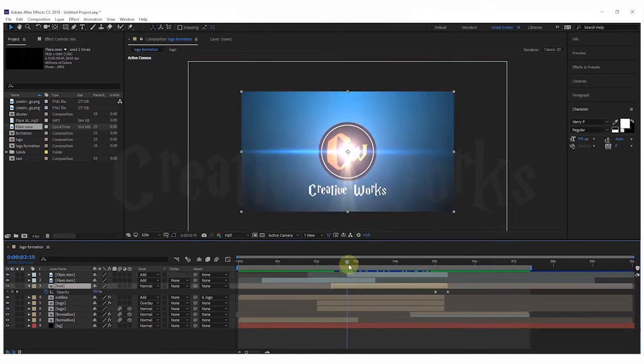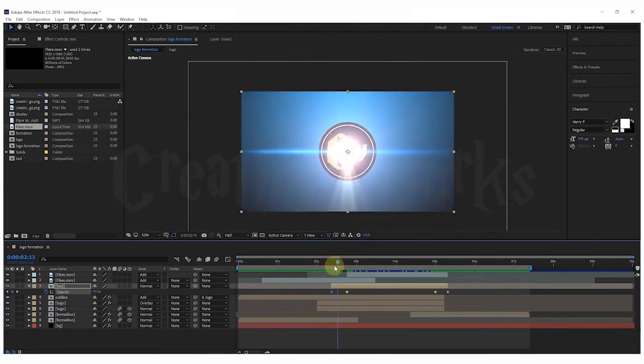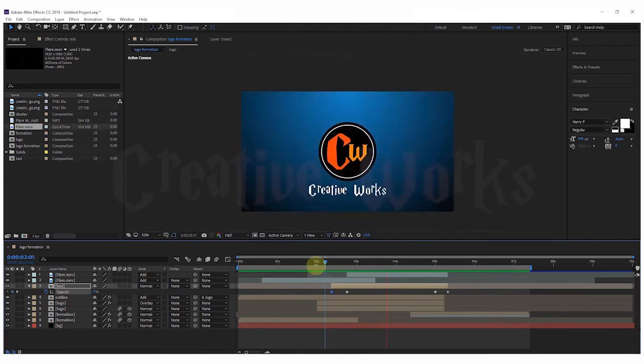Go to 0.19 in timeline and create a keyframe for opacity. Set value to 100. Go to 0.09 in timeline and change the value to 0. Adjust the layers.